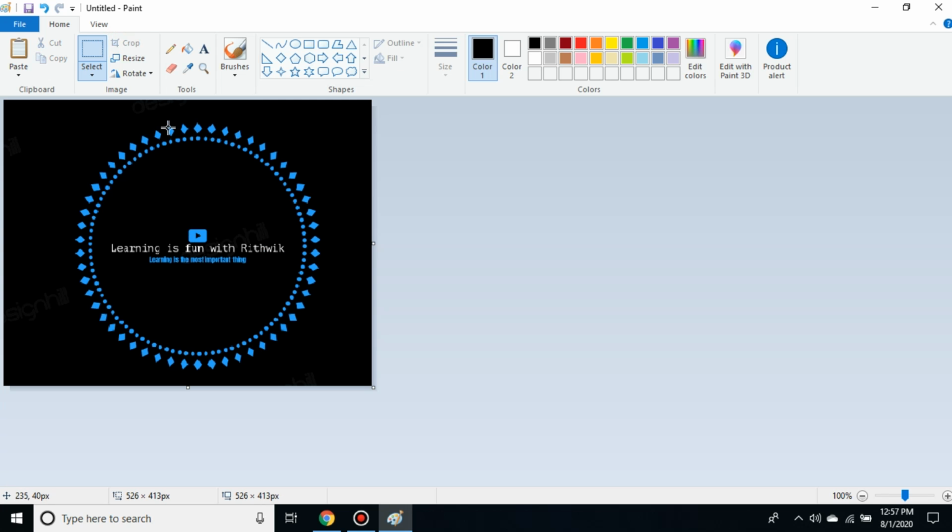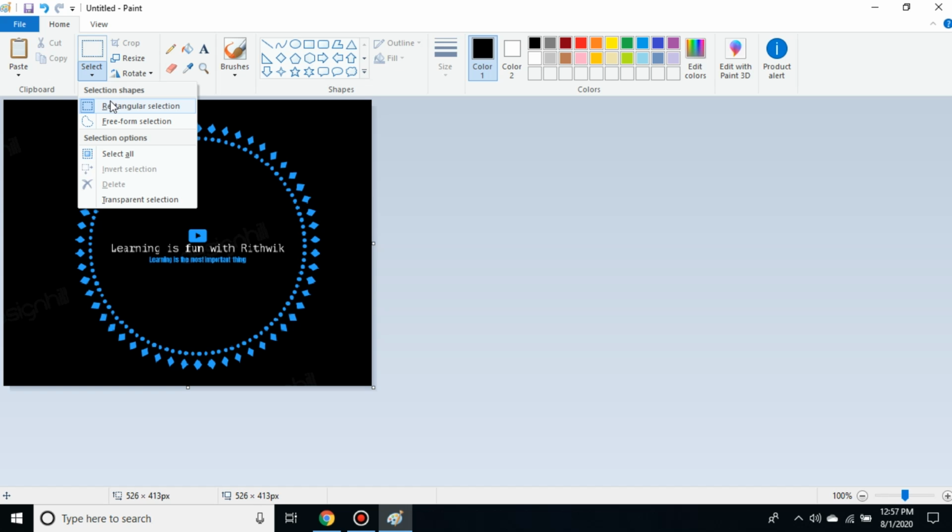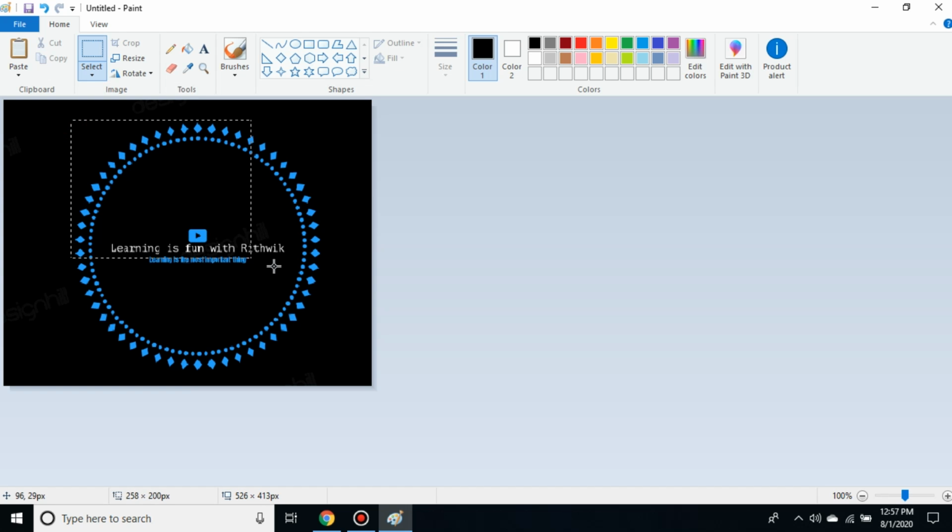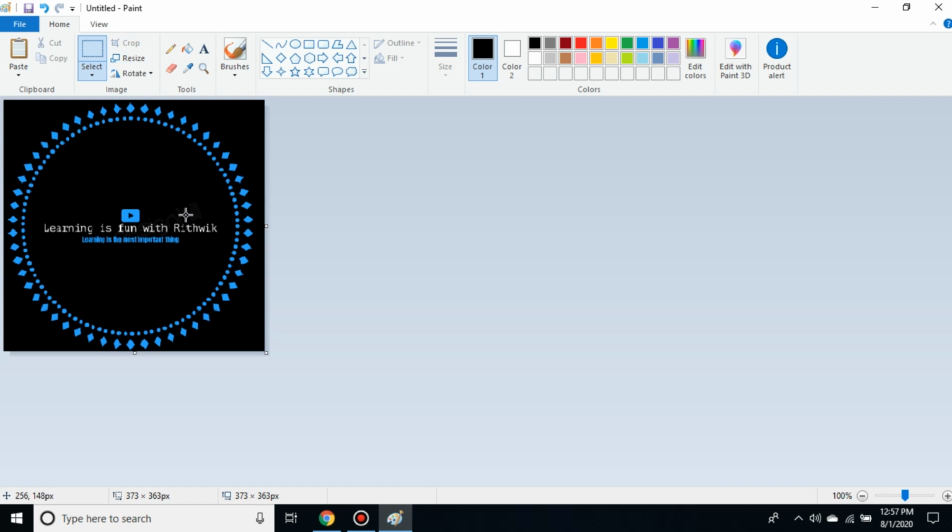After that just click on crop, and now you can see it has cropped the picture. And one more time I will do this. So done, and then again crop.